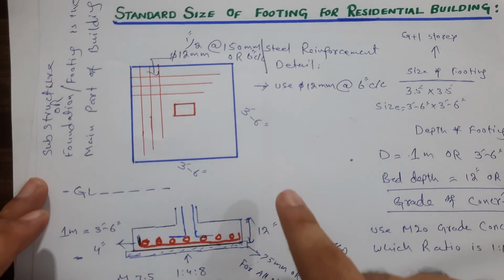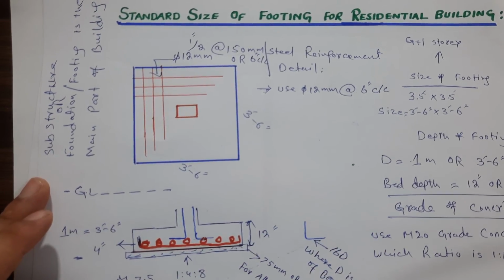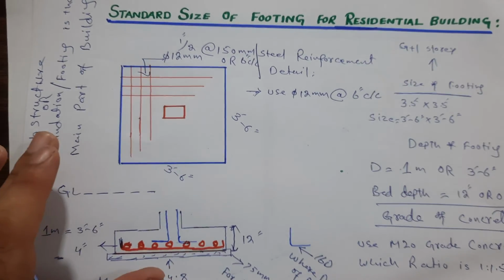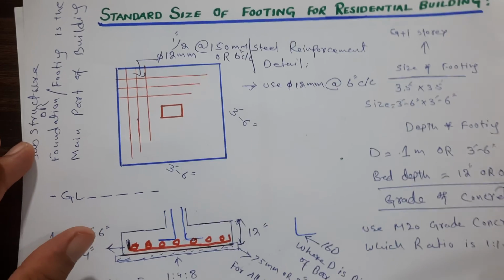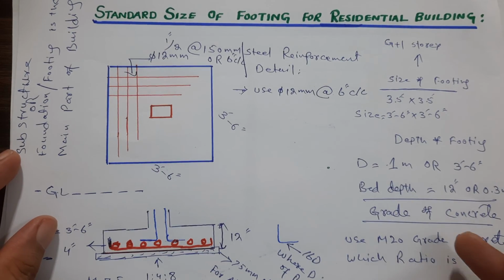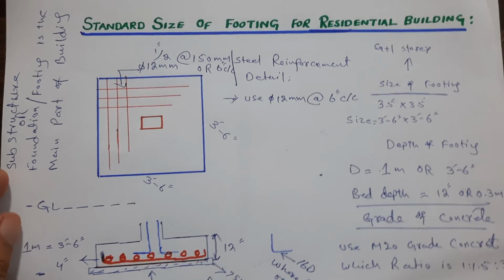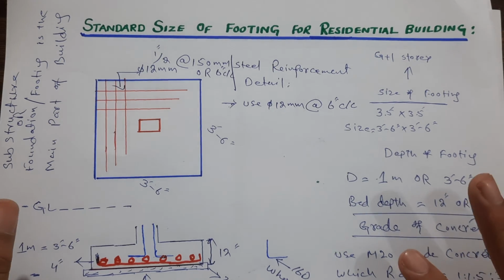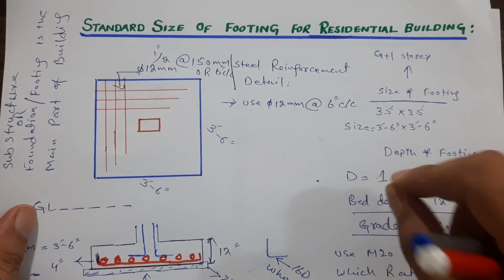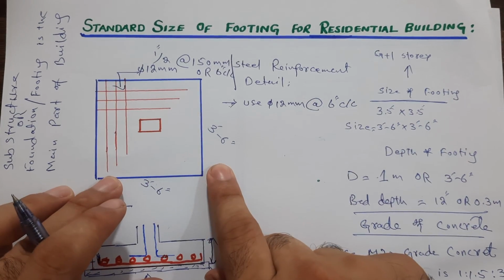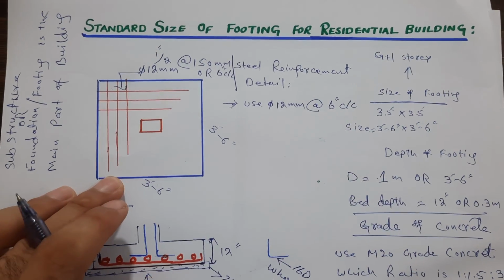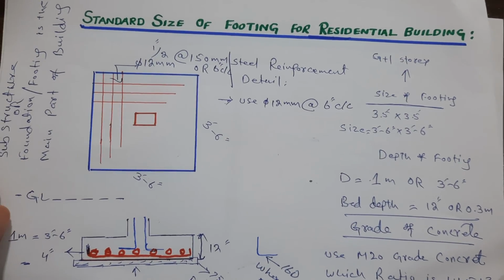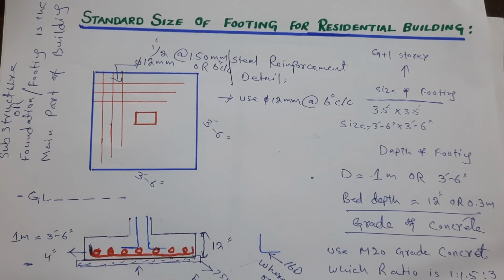So if the subgrade or the foundation is weak, you are not able to support the structure load. Therefore foundation should be strong according to the structure load of the building. What is structure load? Structure load means the self weight of the building. So if the self weight of the building is greater than the foundation design, the foundation will fail. Otherwise you will face more problems. So guys, this is a short video to guide you for standard size of footing for residential